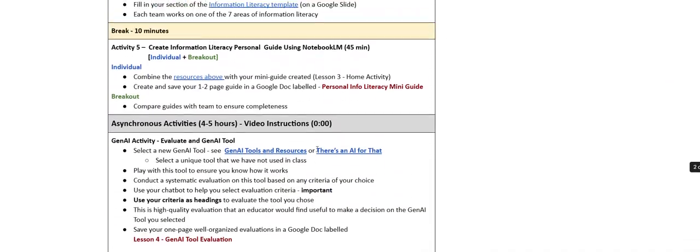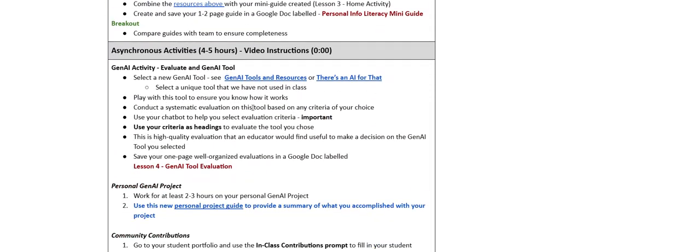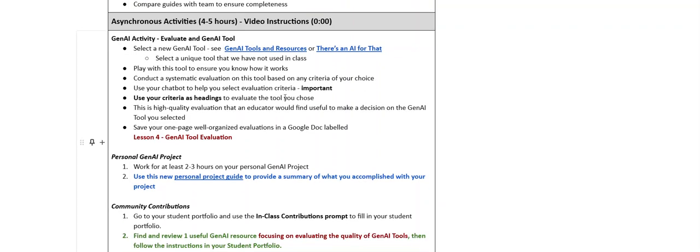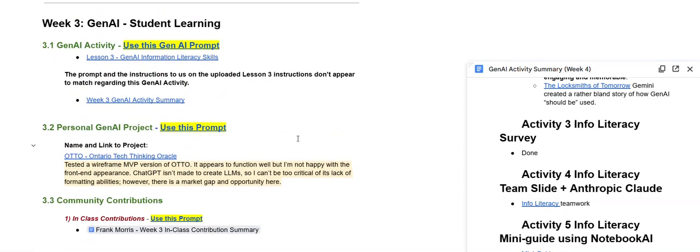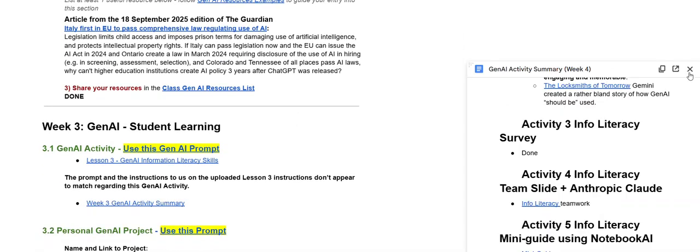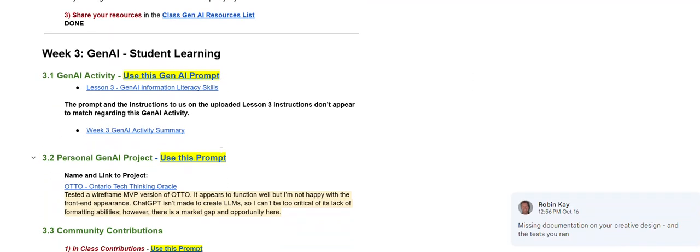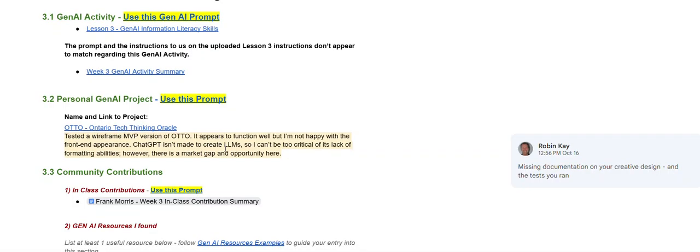So there's activity 5. What about this activity here where you're supposed to do a Gen AI tool evaluation? Okay, so you're missing this activity, a link to that specific activity. And then I'm guessing the same problem. Well, let's see, in week 3,